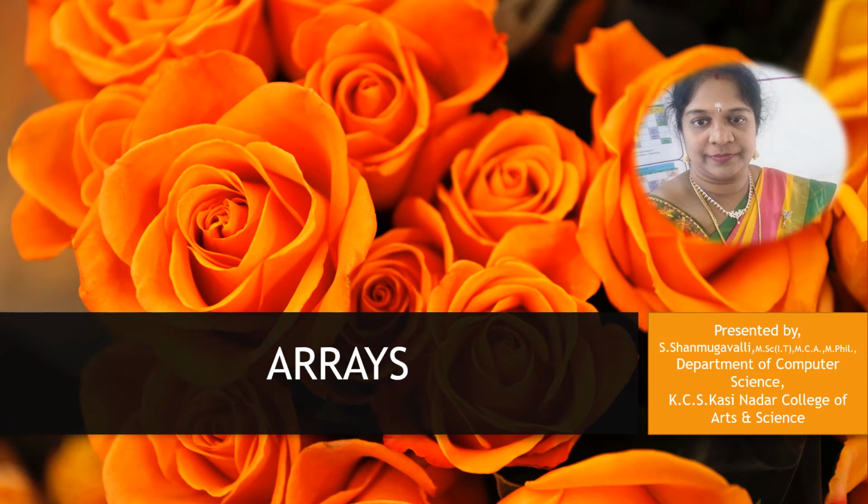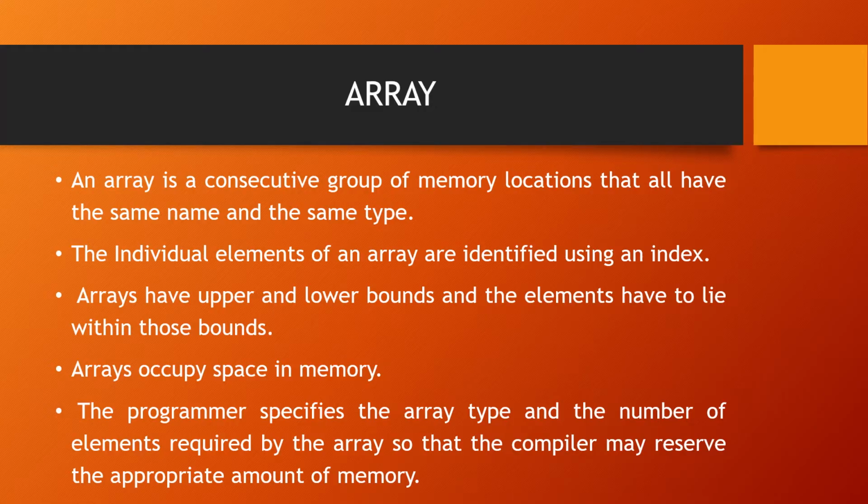Today in this video, we are going to see about arrays in VB. An array is used to store a group of elements of the same data type. The elements stored in the array are identified by their index value. While we are using arrays, we must declare them before using them. During declaration, we mention the type of the array and the number of elements the array is expected to occupy.